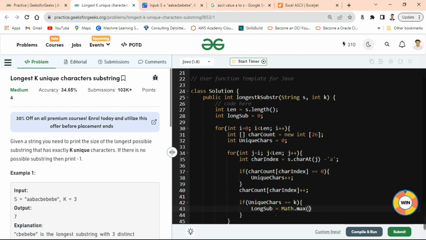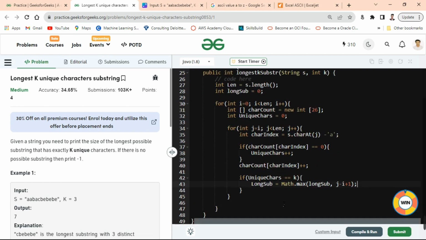So I'm going to write here j minus i plus 1. Okay, the condition is blocked. Why am I writing this, friends? Because you can see here